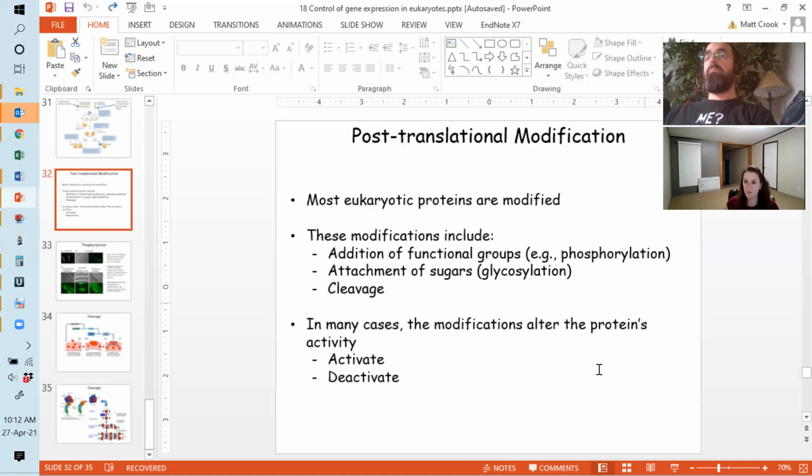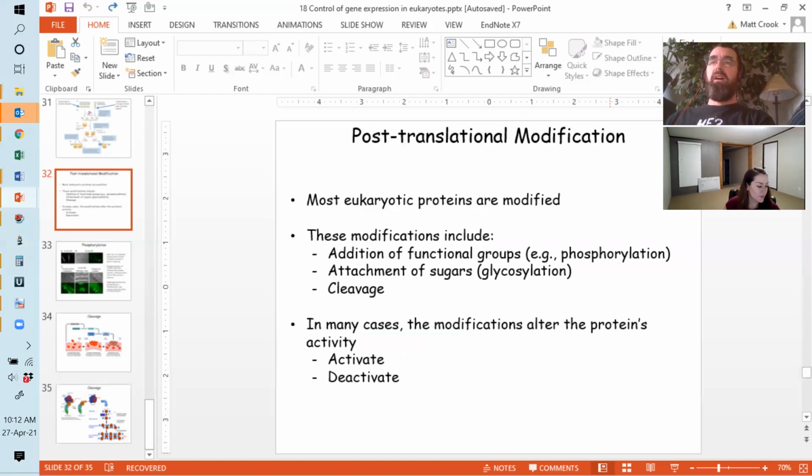And so these modifications are many and varied, right? And then typically most, not necessarily all, but